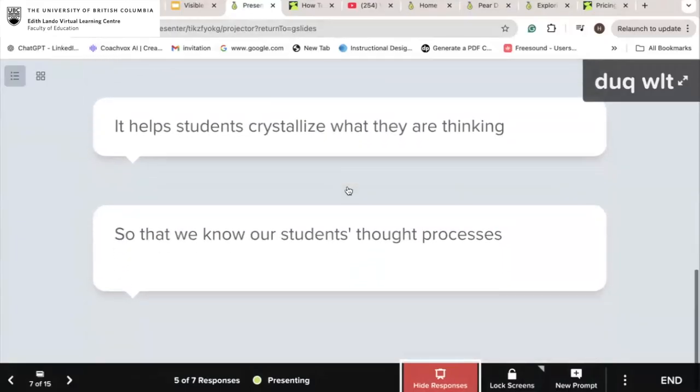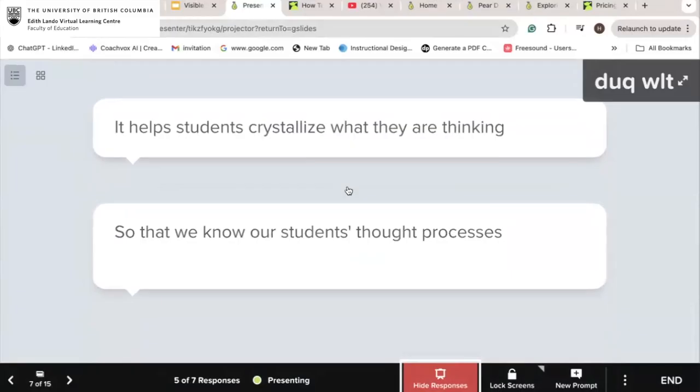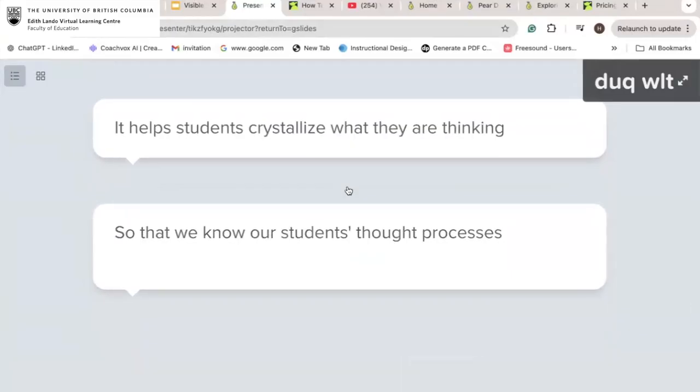Very good. Yes. So that we know our students' thought processes. When students articulate their thoughts, it helps teachers and students both identify misconceptions. That's why we know what they are thinking. It also fosters deeper learning, and it helps students reflect and us see their thinking process. It also promotes collaboration in the classroom, the way you are responding right now. Also, it supports formative assessment. You're able to see, and then you can adjust your instruction accordingly. It's also real-time feedback, plus increases engagement.